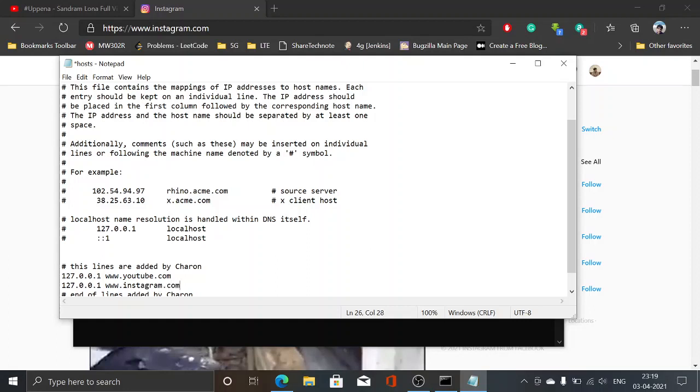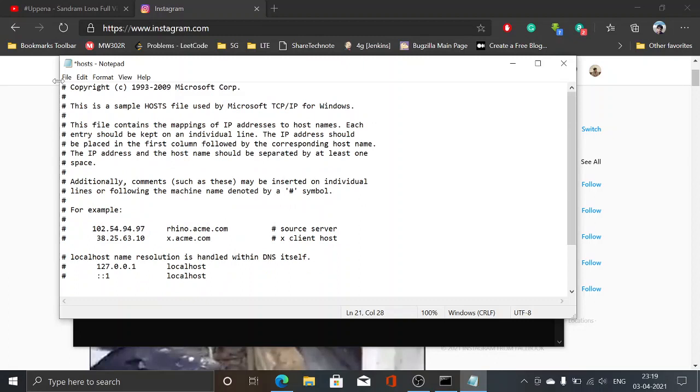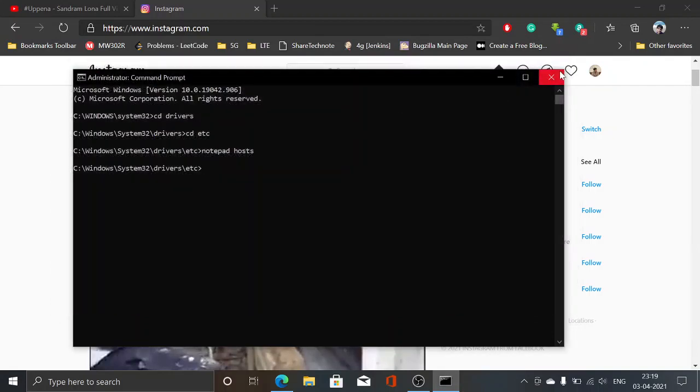After that we need to save this file. Okay, it's saved. Now we have to close this and close this also.